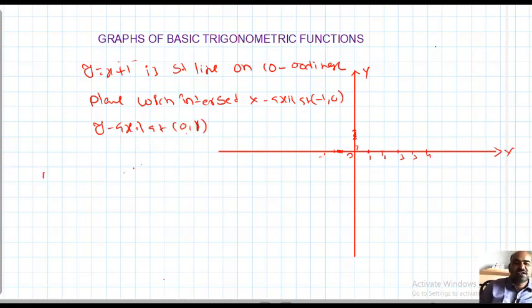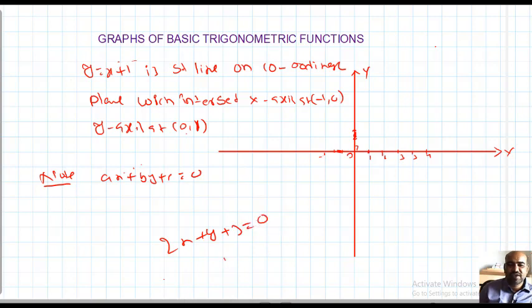So what is important? Like that, if you take any linear equation in two variables, say ax plus by plus c equals 0, for example 2x plus y plus 3 equals 0 is given, we can make y the subject, which is not a big problem. y equals minus 2x minus 3. This is the relation between x and y. So take x equal to 0, then y equals minus 3.